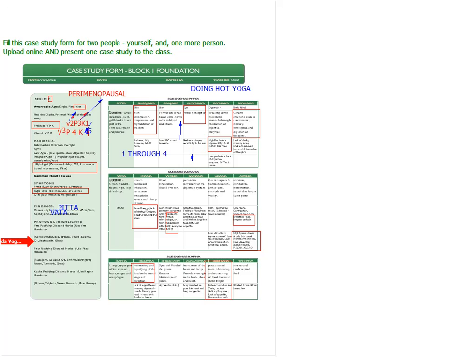Because when someone is coming to you, they're not saying my Brajak Pitta is out of balance or my Vyanavata is out of balance. They're saying that, you know, I have low blood pressure or I'm anemic or my eyes are sensitive. We have to take that symptom and apply it with whether this is a Pitta, Vata or Kapha issue.